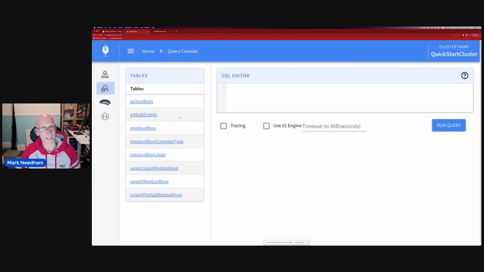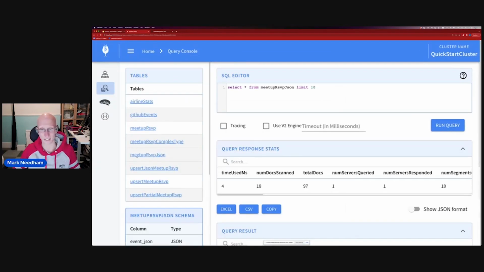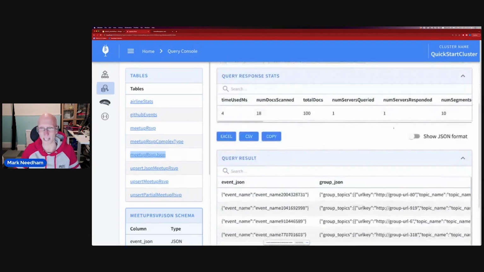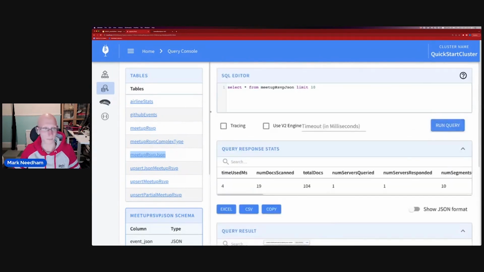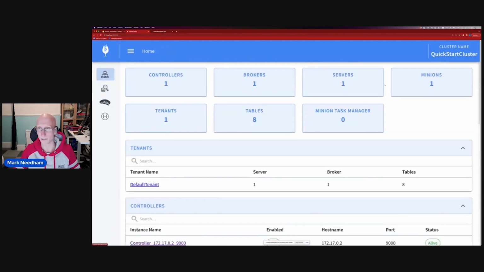But if I come back here, just so we can see, this one is doing imaginary meetups. You can kind of see it's loading. It's loading in those meetups. If we then go to the meetup table,